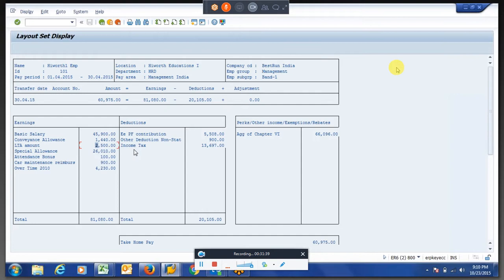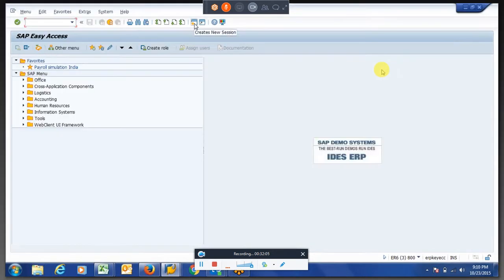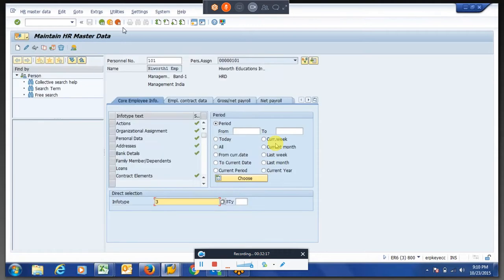If we maintain processing class for whatever wage types, for example in 14, we have maintained processing class 10 with specification 1 for one wage type, and next month will it automatically deduct whatever we were supposed to deduct? See, first thing you have to understand how the retro will go. Anyhow, the next topic is retro, but still I will explain a few of the simple things which users can understand. We have a payroll status info tab, right?